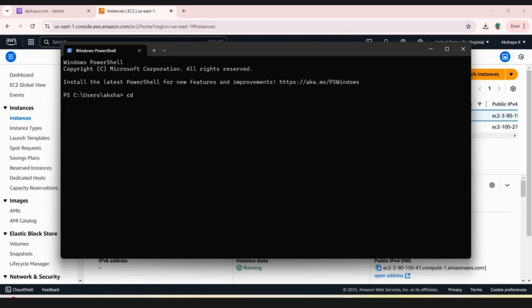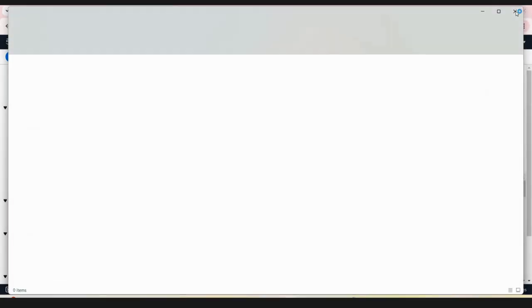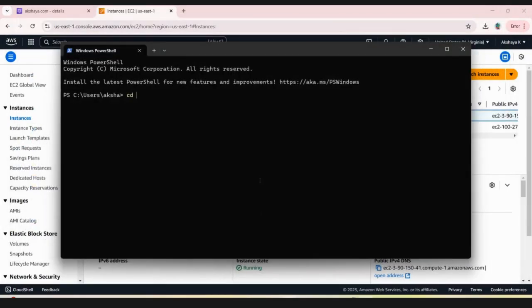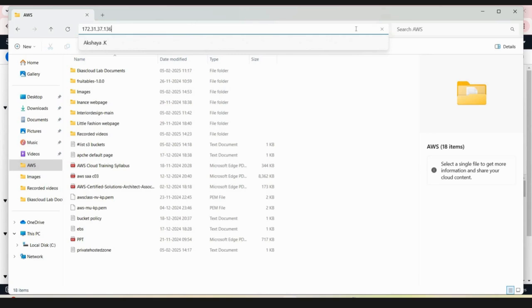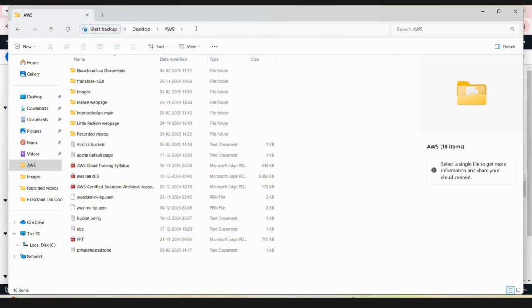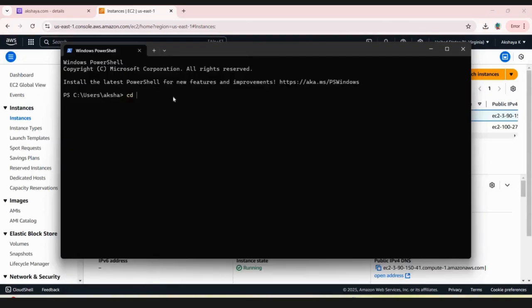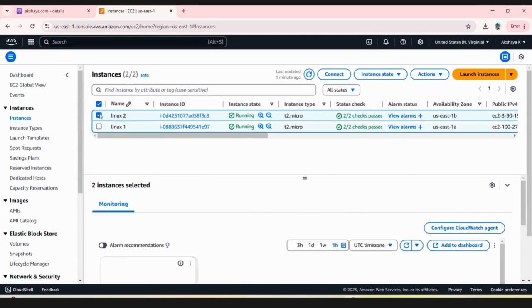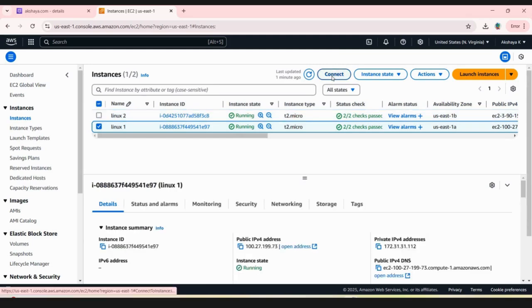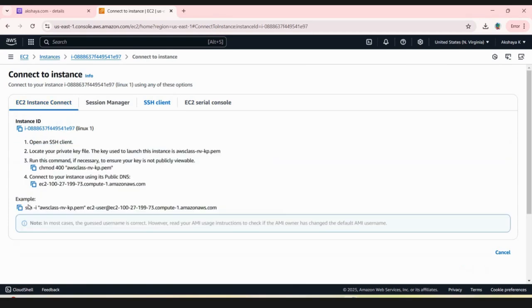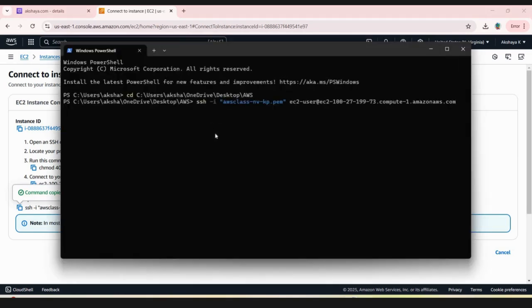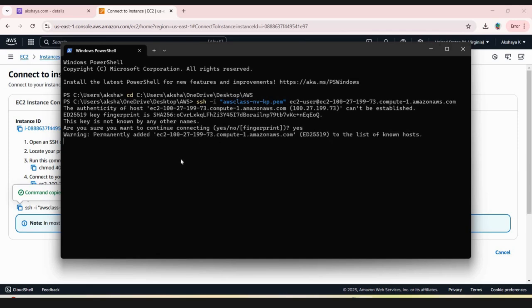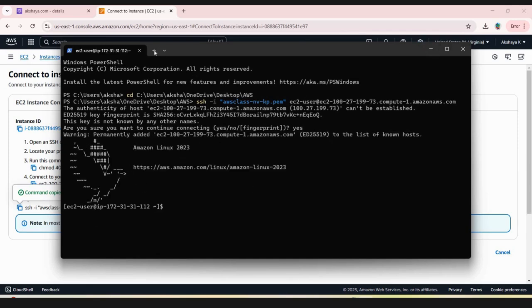So cd space, I change directory to my private key file, and I copy the Linux SSH command and I paste it here and I give yes, and in the new tab